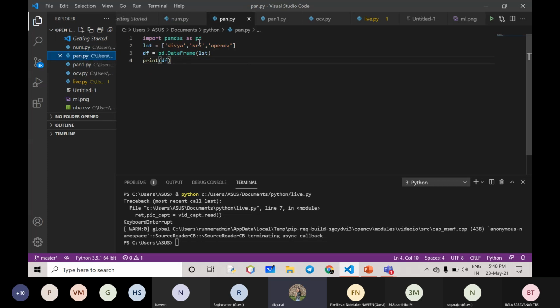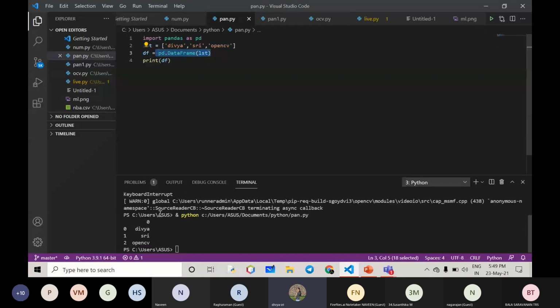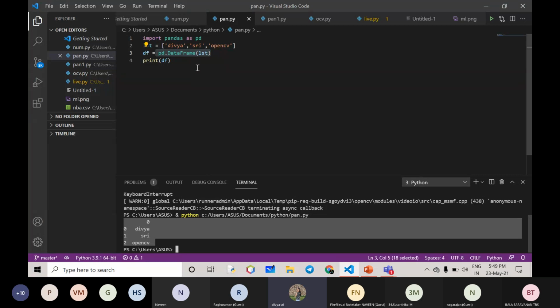Then we saw pandas, and we imported it as pd. We just created a list and we just printed it in data frame format. It will give you an answer that quickly. Then we just imported a CSV file with read CSV. If you call pd dot read CSV, read CSV is the function name. You are reading it and storing it in a df variable.